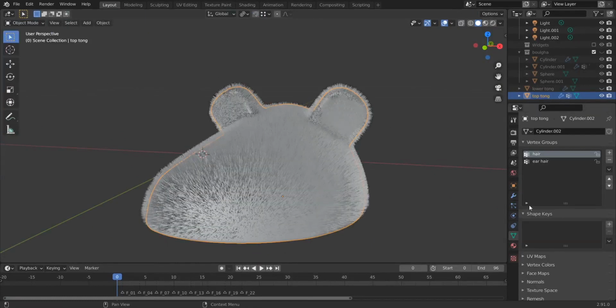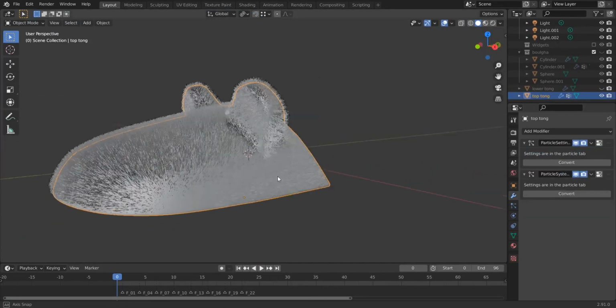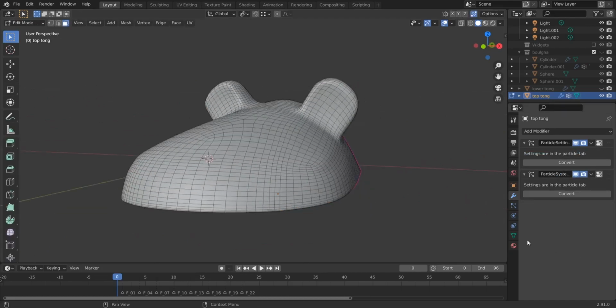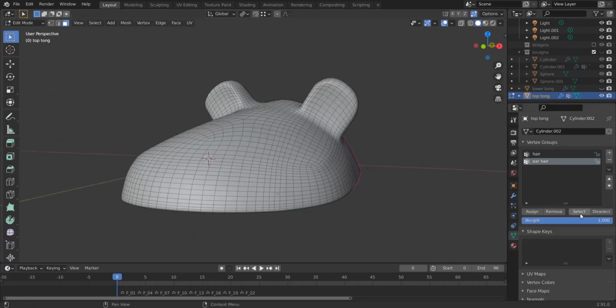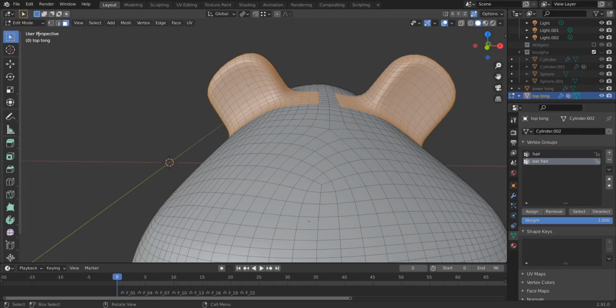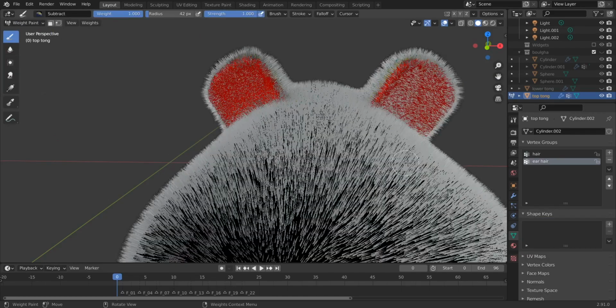Now we go to object mode. You see, you can apply your subdivision here. You hit apply, and now we have more details to work with. Let's try to select our ear hair. It shouldn't select all these vertices, but I'm not gonna mess with this anymore. Okay, so if we go again to weight paint,